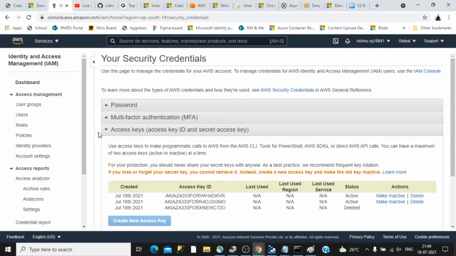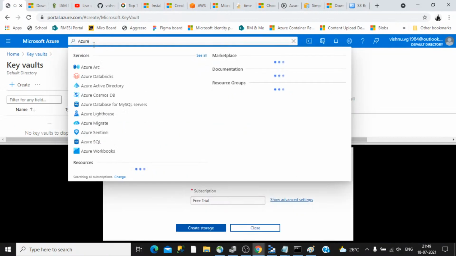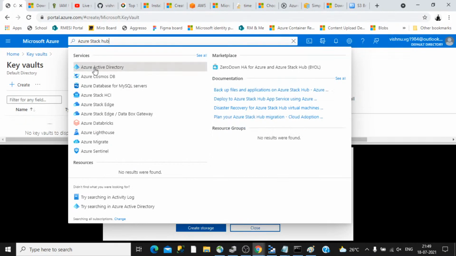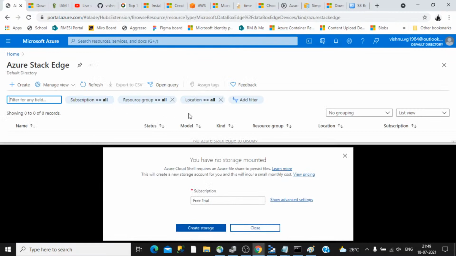That is the way by which we use kind of a machine called the Azure Stack Hub, in the case of Azure. Let's search from the portal itself. Let's see if this is the one.